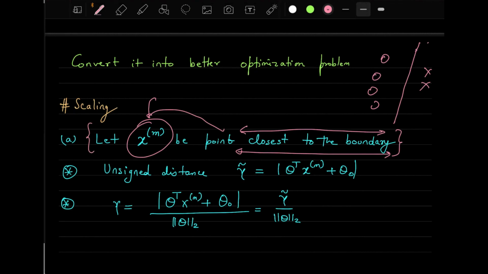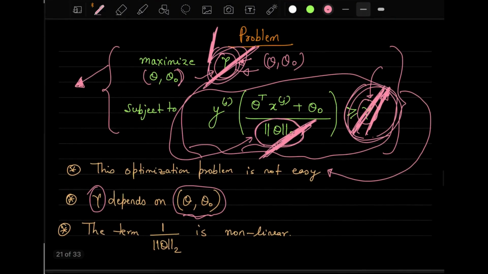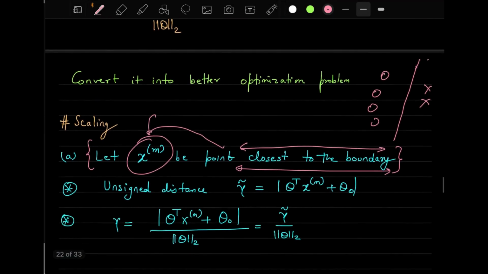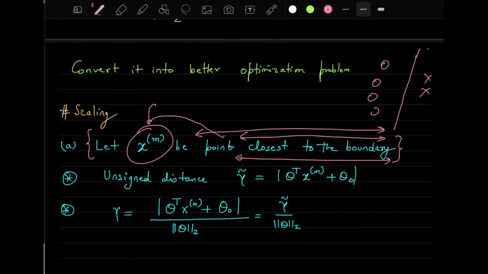This will be clear once we go and see the optimization framework, where we will see that this gamma will completely go away. This is the gamma which defines the boundary. We will see how this point gets cleared. We will come back to this point, but to start the discussion, assume that xm is the closest point to the boundary. So the unsigned distance will be this, and you write xm here, because that is the closest point.